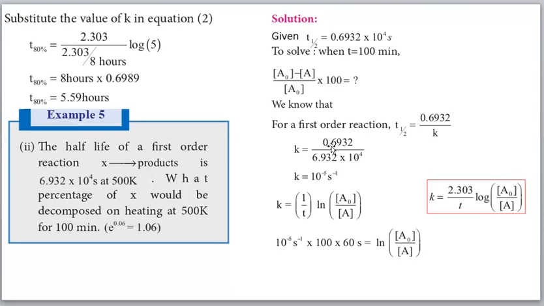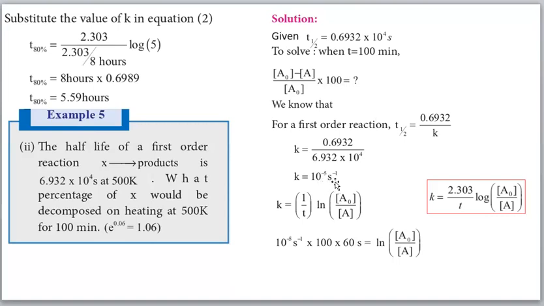Now you see, the figures in the numerator and denominator are the same, only the digit is changed. This is the larger value, and if this value is multiplied with 10, we will get this one. That means this number we can cancel and put 1, and this value we can cancel and write 10. Already 10 to the power 4 is there, so multiplying this 10 we'll get 10 to the power 5. When we move this to the numerator, we will get 10 to the power minus 5 per second.